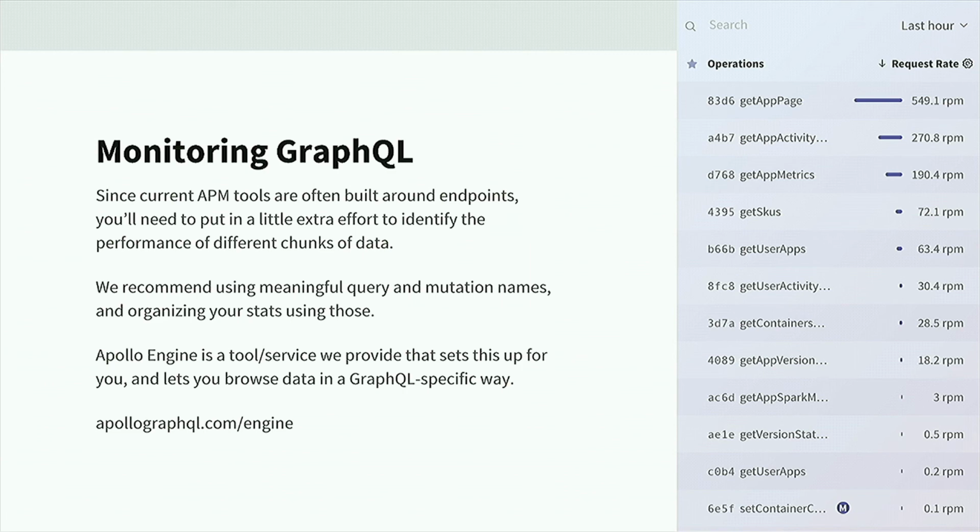And the tool that I was showing before is a tool and service that we provide called Apollo Engine, which actually sets this up for you. And it's a GraphQL-specific performance monitoring tool you can check out on our website. So this is a screenshot from